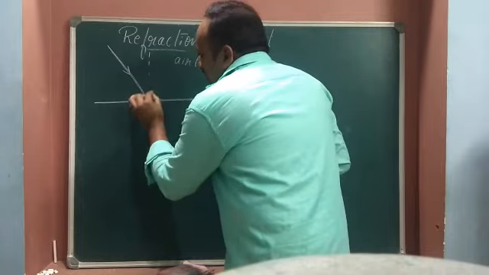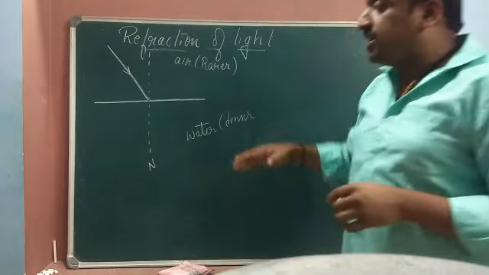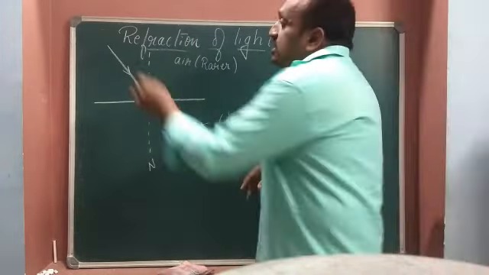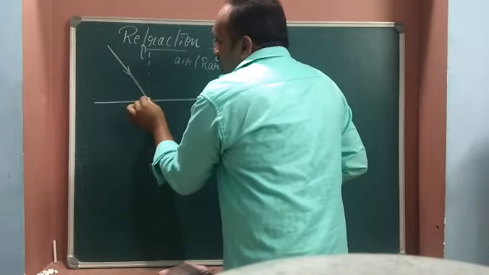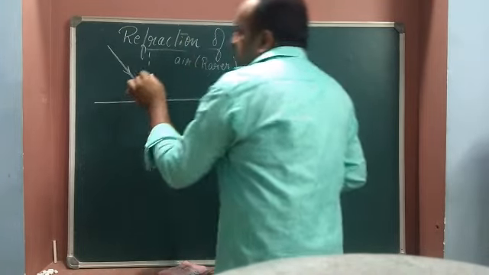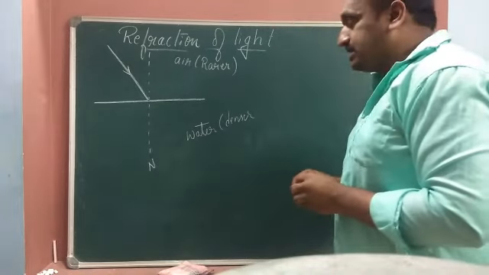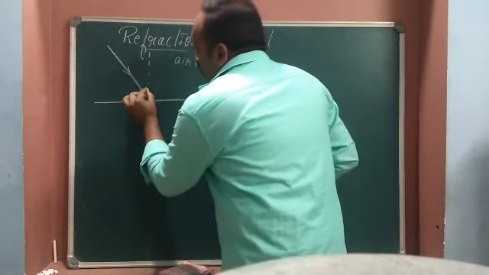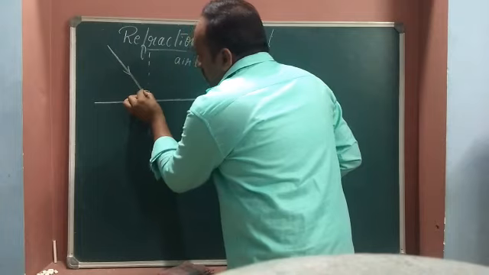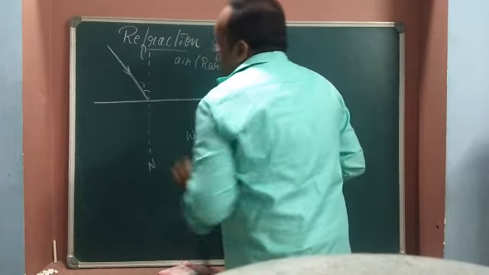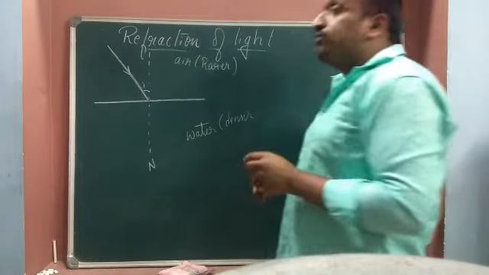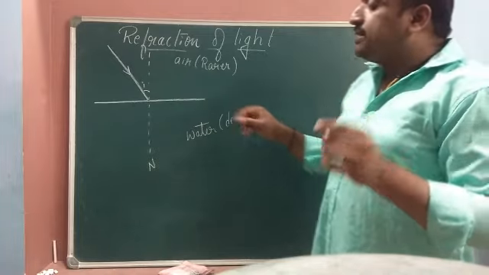The normal is always 90 degrees, perpendicular to the plane surface. Now the incident light is incident on the plane surface at the point of incidence. The angle formed between the normal and the incident light is called the angle of incidence, represented by I,